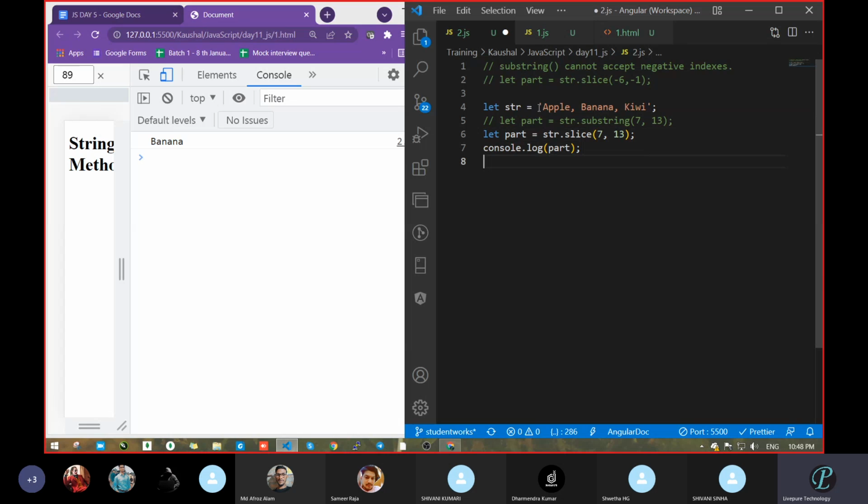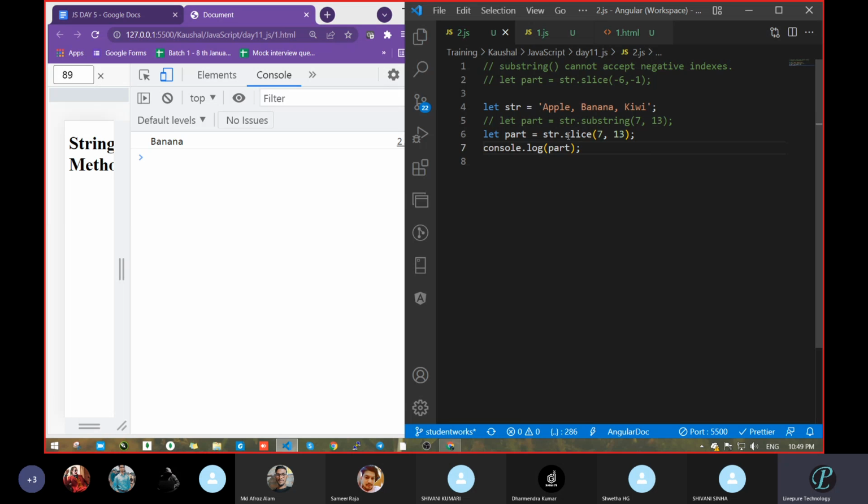It will start counting from 0, 1, 2, up to 6, and 7 is the banana, but it will not include the starting one. So it will reach up to 6. Next, it will start from banana and go up to 12. Correct. Let's save. As we had seen already, the case is this one, banana.